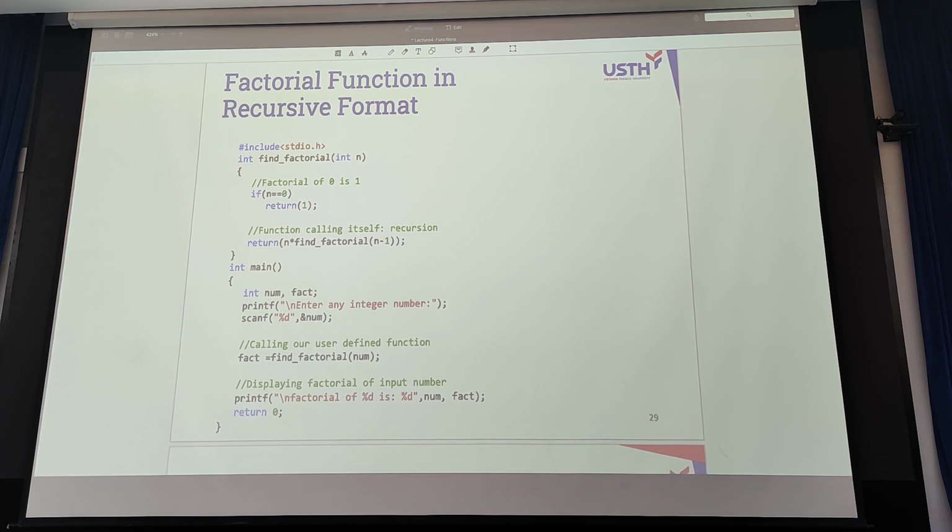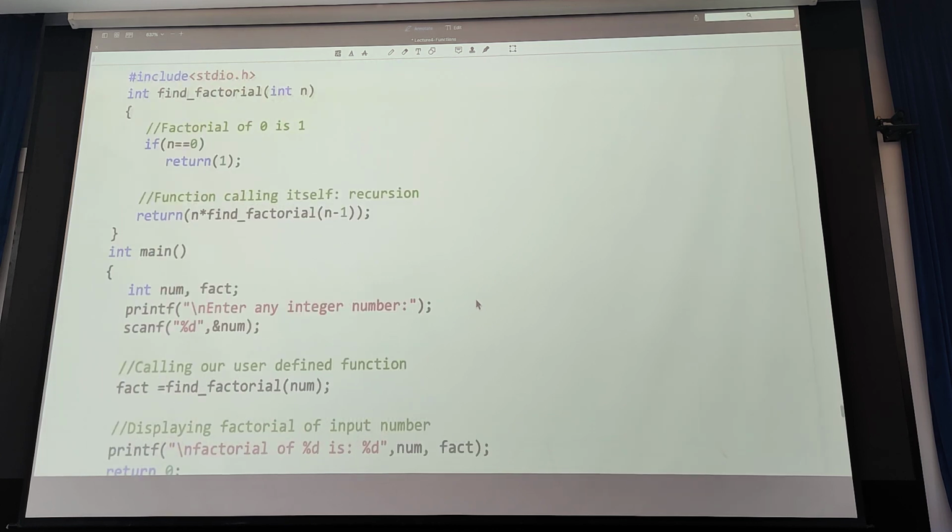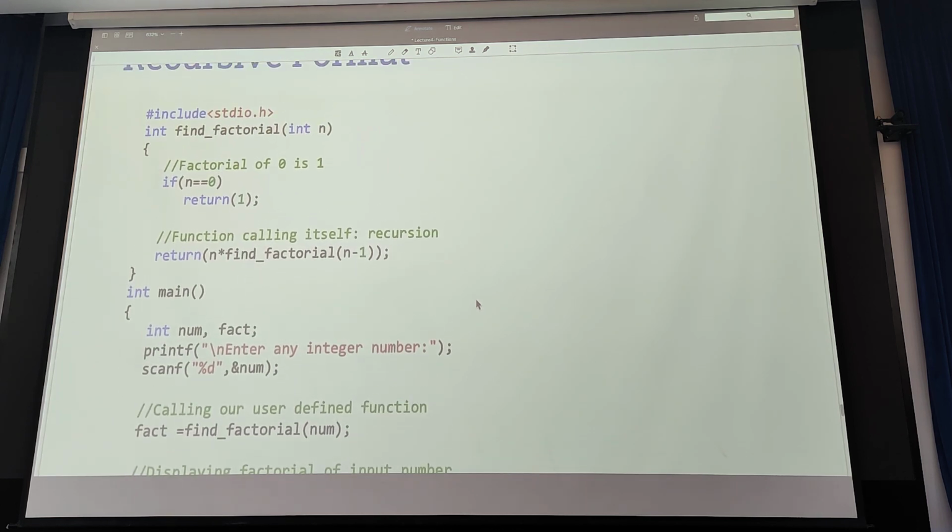The task of the function. Can you see it?